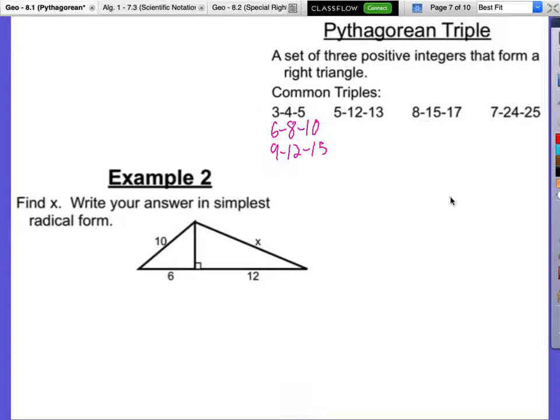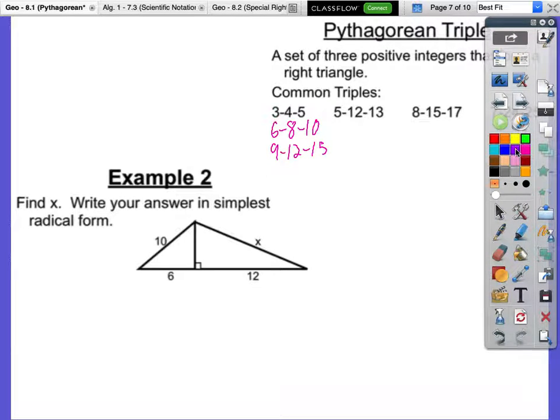Okay, example 2 here. Find x and write our answer in simplest radical form. So it might not be a whole number, but we don't want to put the decimal in. We want to find our answer in simplest radical form. Now,